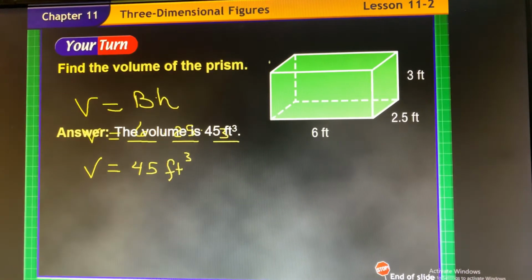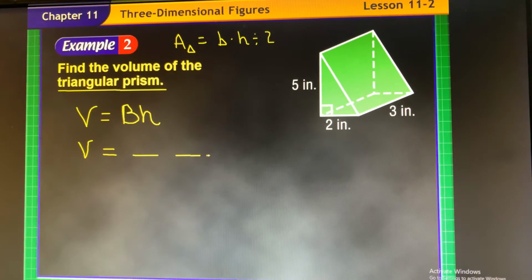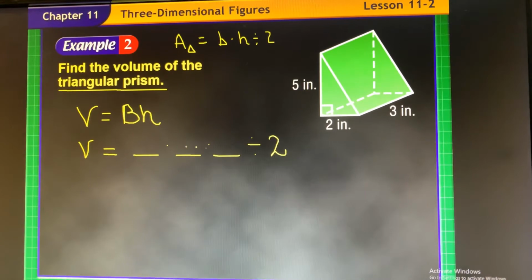So when you think about this figure, and if somebody just kind of chopped it right in half, you would create a triangular prism. So just like a triangular area formula, remember the formula for area of a triangle is equal to base times height divided by 2. It's the same thing here. Once I know that it's a triangular prism, I'm still going to do 3 lines. The only difference is that I have to remember this figure is half the size of a regular rectangular prism. Just like a triangle is half the size